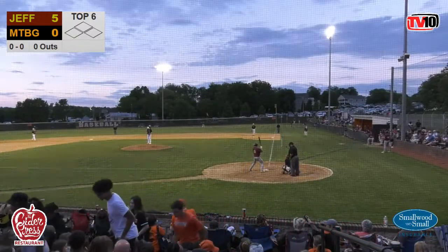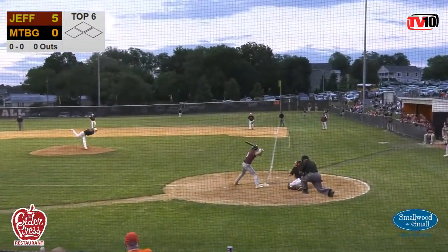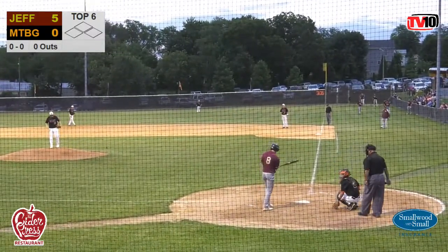Matt, thank you very much. Finn Horowitz out of the number 7 spot in the order to get it started, facing Joe Paulson. 88 pitches, 46 strikes through 5 for the Martinsburg starter, and the first pitch to Horowitz, slow and away for ball